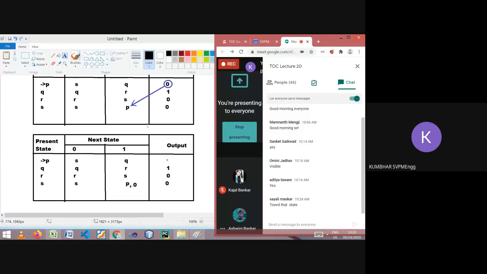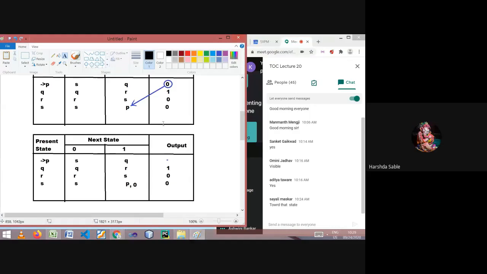Now, what is the output of Q? 1. Okay, so let me show it. Let me draw it. See, Q's output is 1. So we have to shift that. See where Q is. This is the first place where Q is there, so one shift will be here. This is again the second place where Q is present, so that 1 will go to this position also. As many Qs as there are, at every place this 1 will go. I hope now it is clear to you.